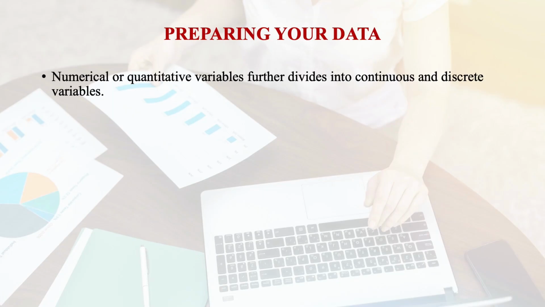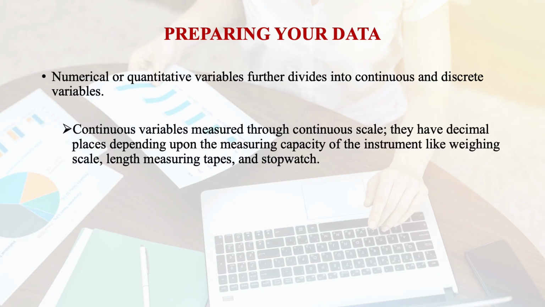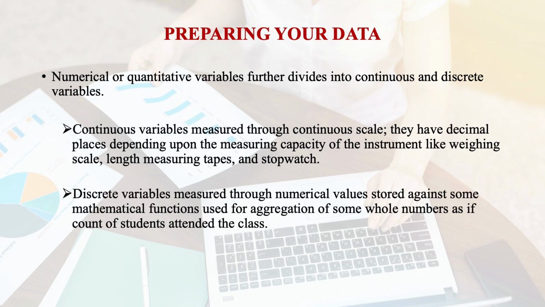Now, so far as the quantitative variables are considered, you are having two types of variables. You are having the continuous variables and the discrete variables. The continuous variables are actually relating to the real numbers, that is the decimal places depending upon the measuring capacity of the instrument, like the weighing scale or the length measurement, or say time, say a stopwatch is there. So these instruments are actually recording the continuous variable,